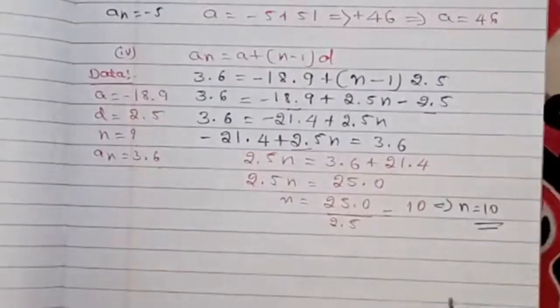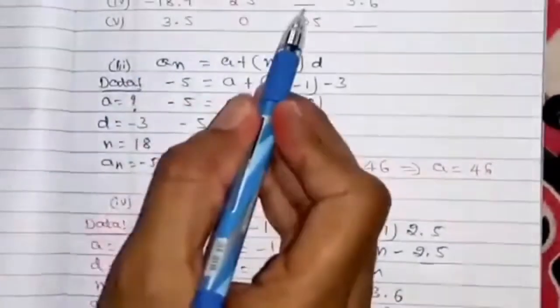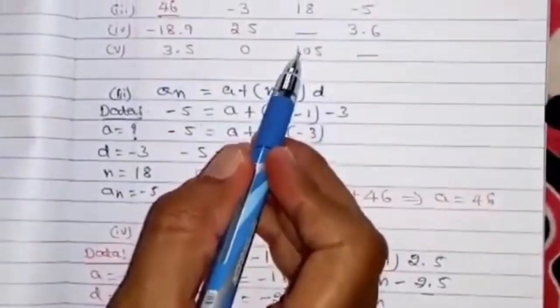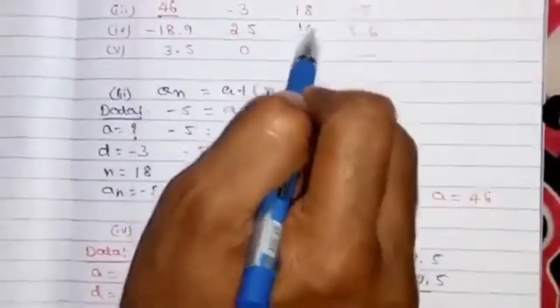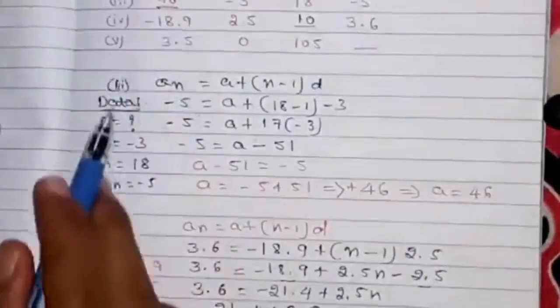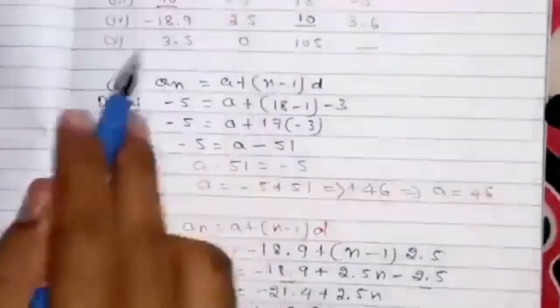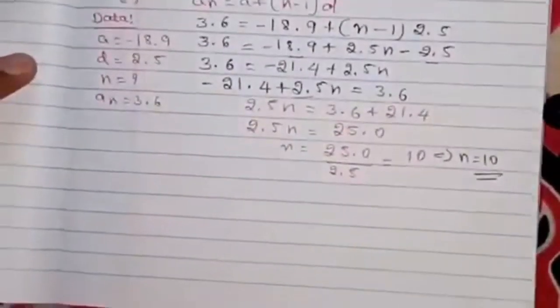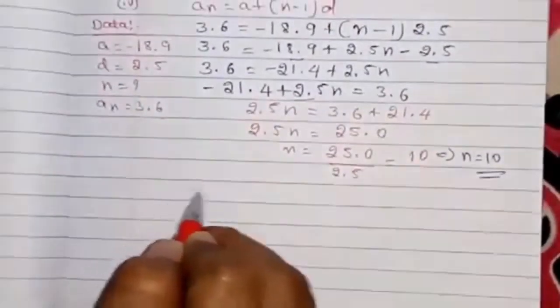Right? So that you need to write down in the box. So what is the answer of n? N is nothing but 10. Right? Now you have solved the third one and the fourth one also. Now you need to find the value for the fifth problem. Right? Now for the fifth problem, whatever data they have given, just write down the data. Right? The fifth one,